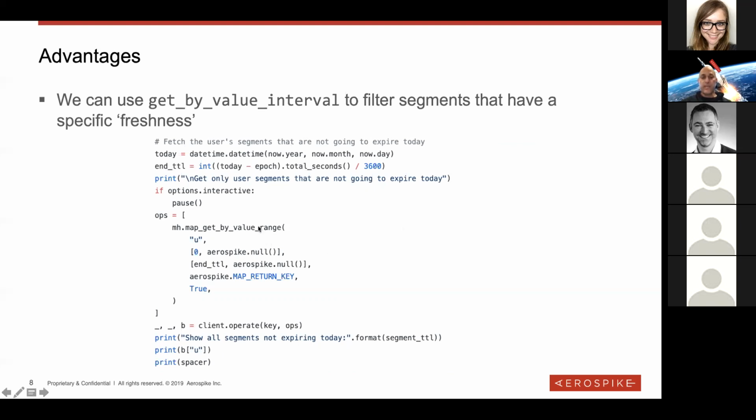Because let's assume that we always push a constant amount of time into the future. Then what I'm doing here is saying, find me the interval between, in this case, the beginning of time and a specific NTTL. These are two lists. You can see that the leftmost and the rightmost for this get by value range is a 0, and in this case we're using an application epoch.